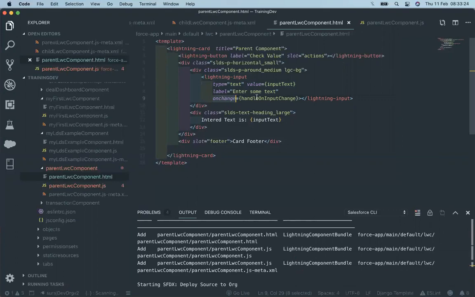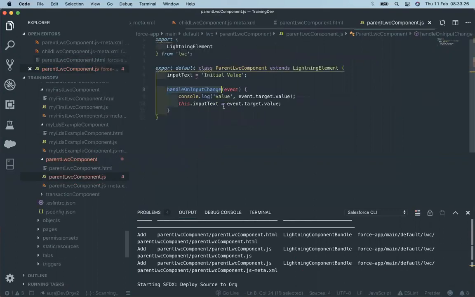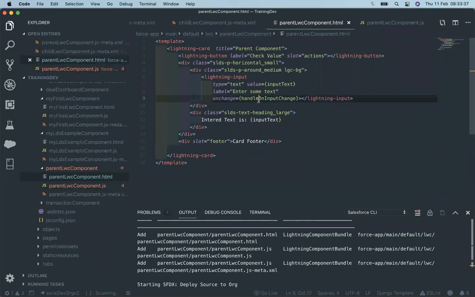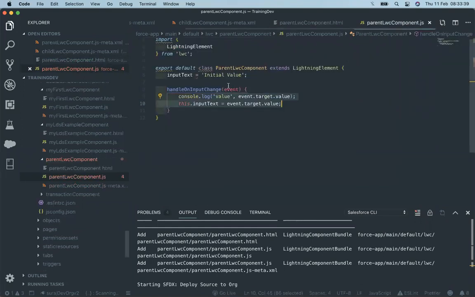It has to create an event, and that event will fire a method inside the parent component, and that will help us change the value in the parent component. Got it? A child component will fire an event, and we capture that event and extract the value from it. Then we use that value inside our input text, a variable declared in the parent component, and that way we get the value from a child component to a parent component.